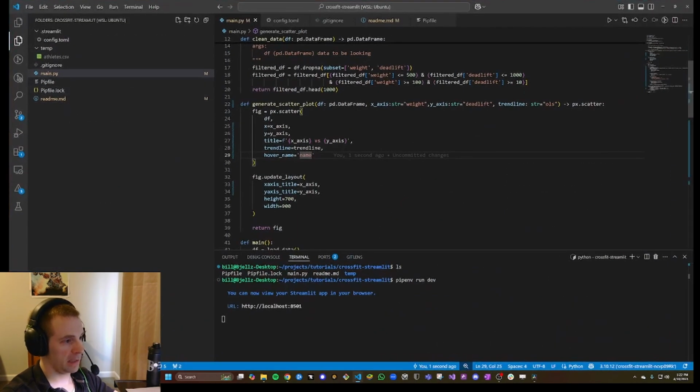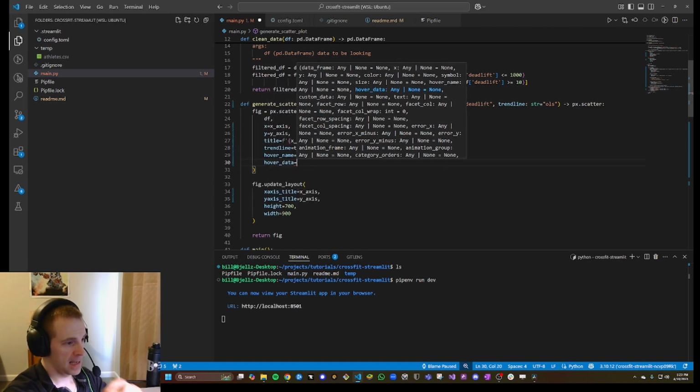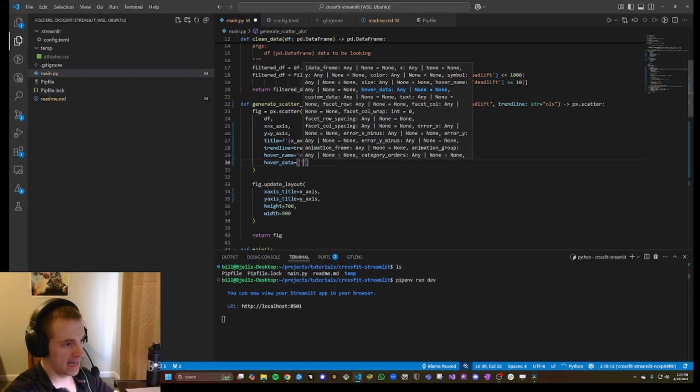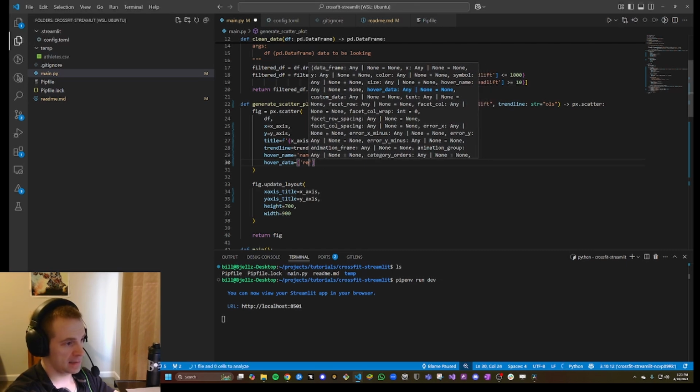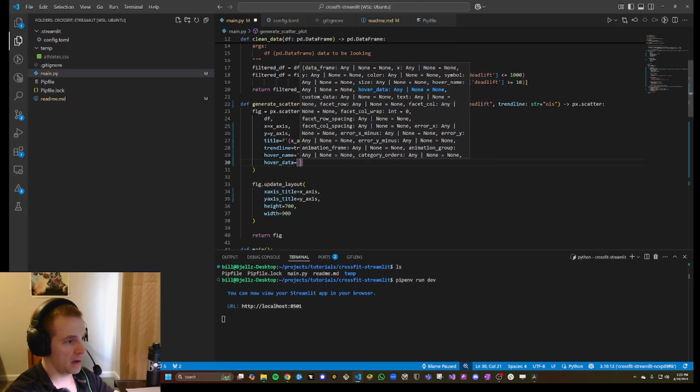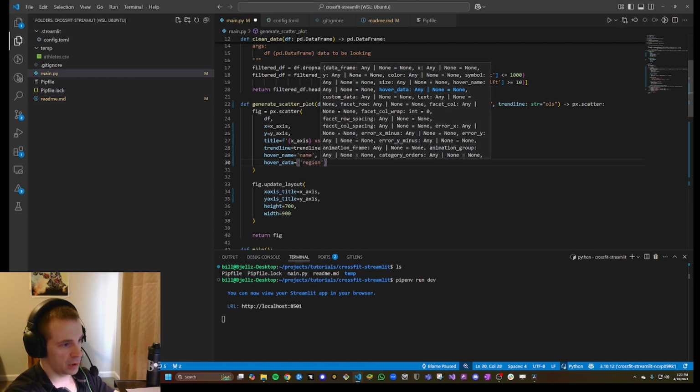So we want to put a little bit more data into that hover info. It'd be nice if we could also get information about what gym they go to, what region they're from, all that kind of stuff. You can do that too by specifying hover data, and that will appear not in bold print as the name, but just alongside the X and the Y data when you hover over. This will be a list of the indices in the data frame that you want. So we want the region,